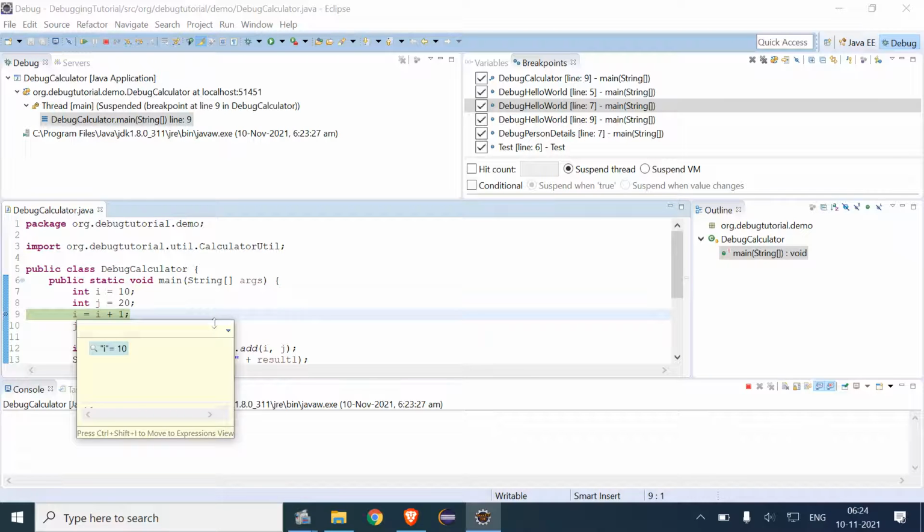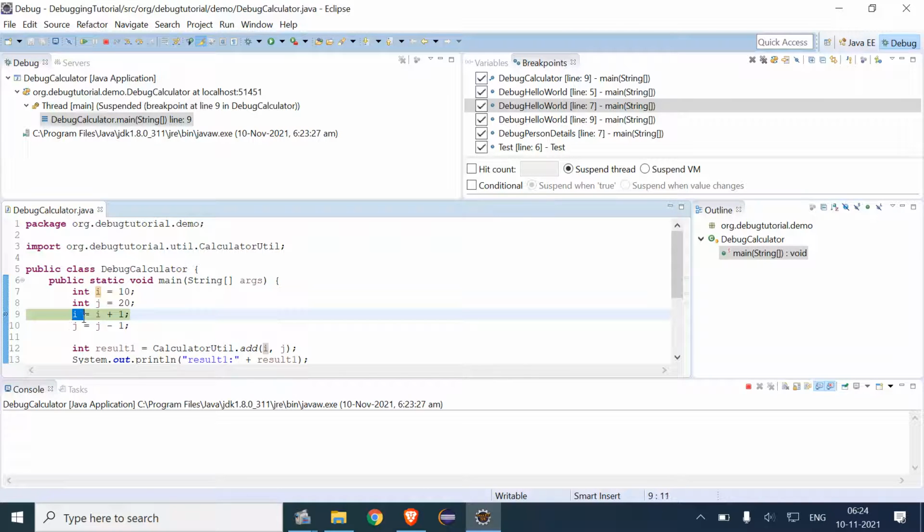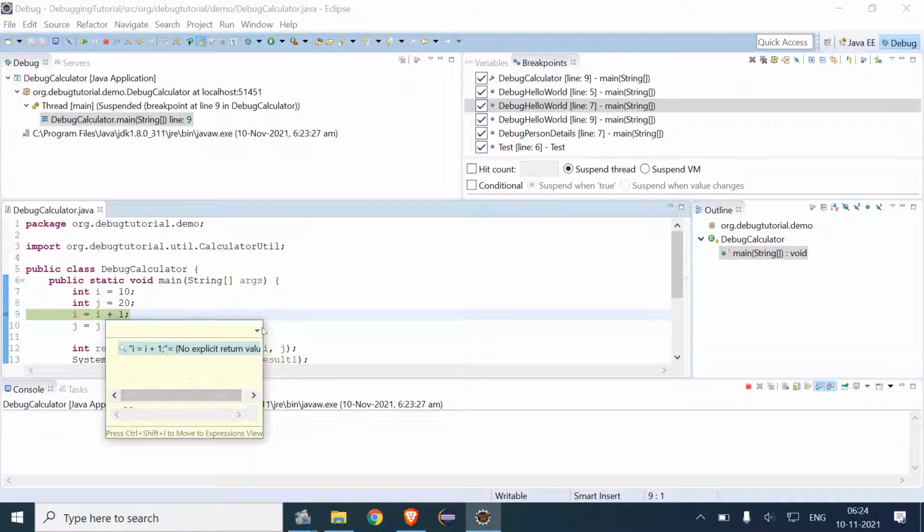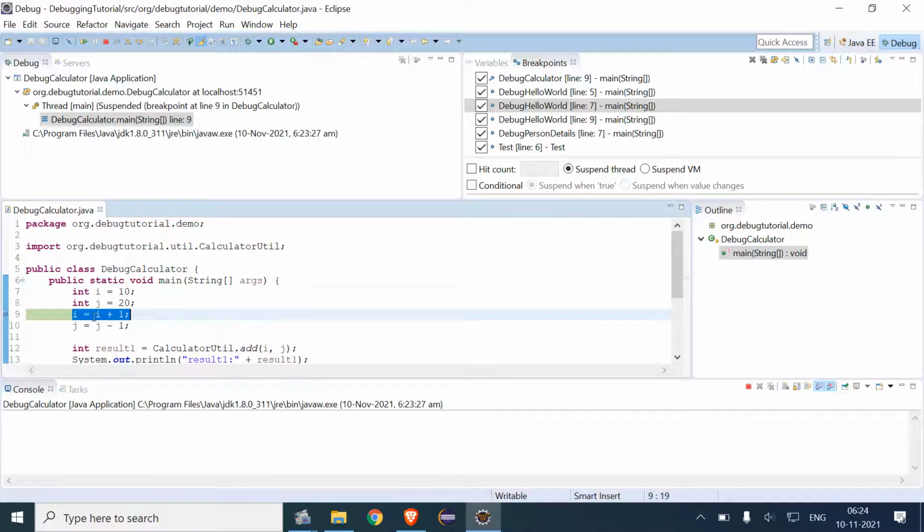If I go down, I select this, I right click on this and click on inspect, I will get the value. So the value will be i plus 1, so 10 plus 1, 11, I will get the value.